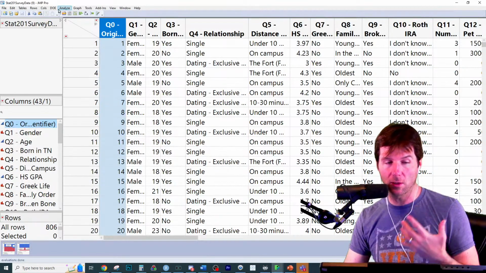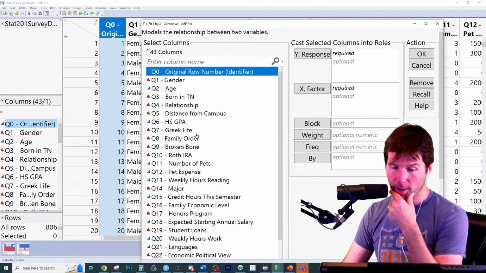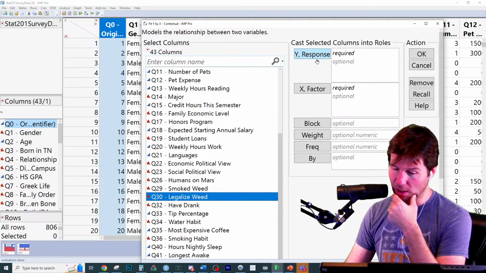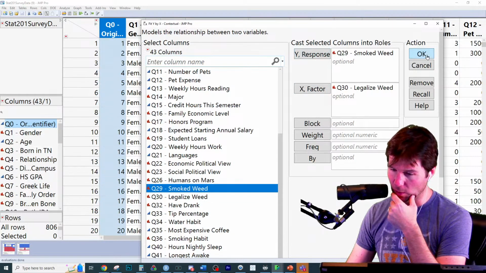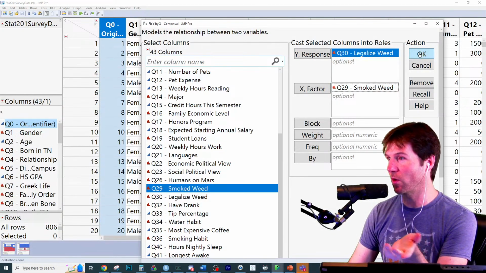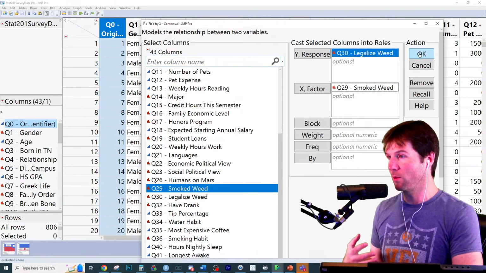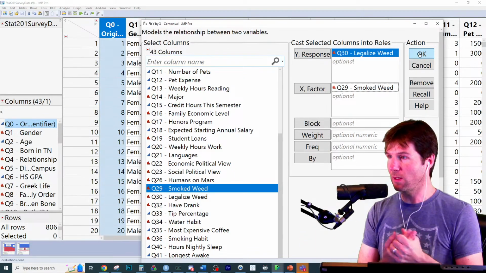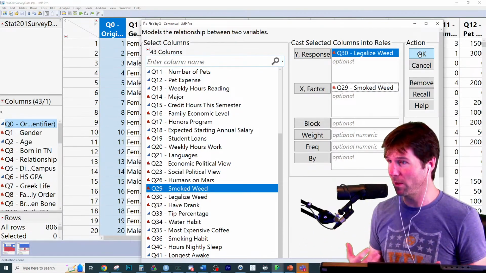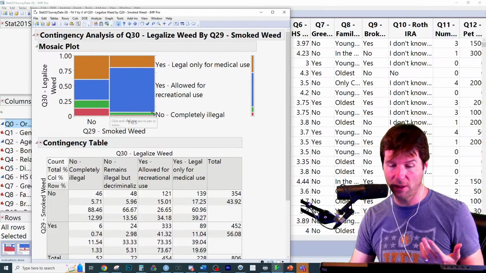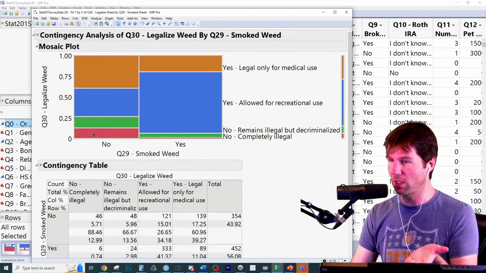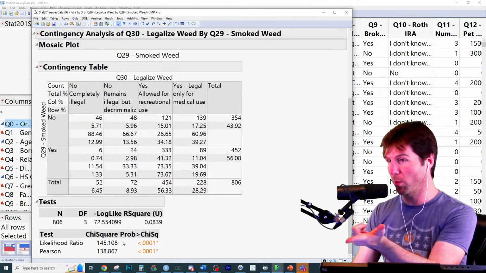But when you go to things that are more of a relationship, like let's say your views on legalizing weed, do you think that impacts smoking weed? Or does smoking weed explain if someone wants to legalize weed? So we're asking, the null would be someone smoking weed is independent of their views on legalizing weed. I think if people smoke weed, they might be more likely to want it legalized. Notice here how the distributions look very different, the conditional, if someone smoked weed or if someone has not. So the p-value here is going to be super duper low again.